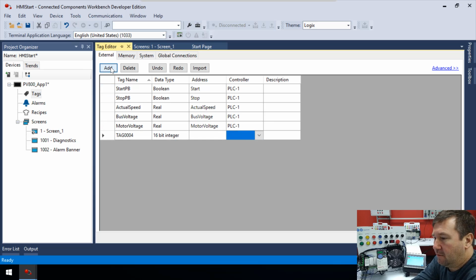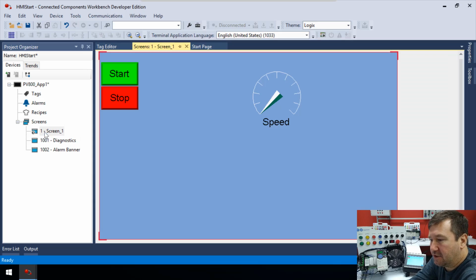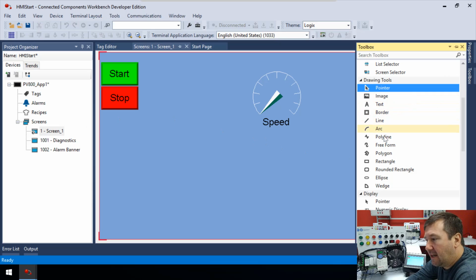And finally, we will configure one more called motor amps. And it'll be a real, and its tag is motor amps. Okay, now we'll go back to our screen and open our toolbox, and we're going to drag another